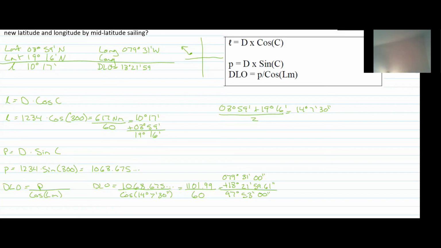And I'm just at the top writing in all of my information so it's in one place where I can find it all if I'm going back to this problem to look at it later on. So I have both of my lat and long for our final answer and our little l and our D lo. This is the end of the terrestrial navigation video tutoring